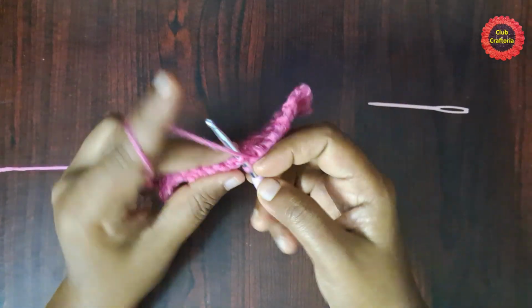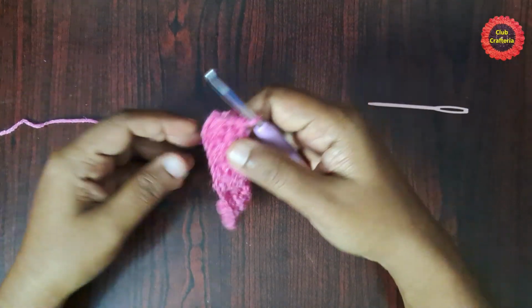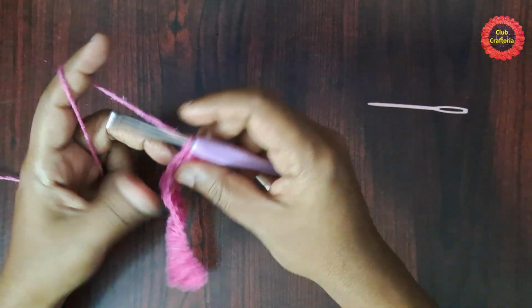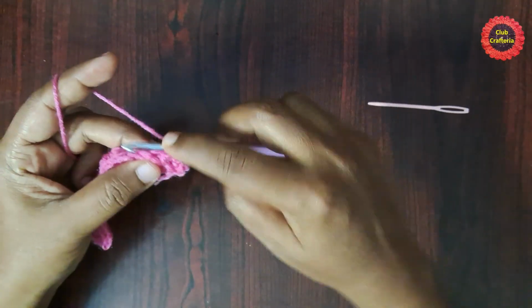Next stitch single crochet. After doing them, it looks like this. We started with the elongated single crochet, so we'll end it with the single crochet. For the next round, do chain 1, turn your work, do a single crochet in the first stitch,